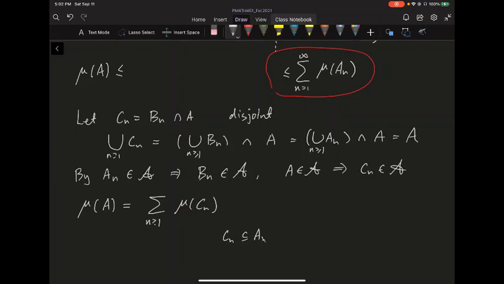And because Cn is a subset, the mu of An you can write as mu of An take away Cn plus mu of Cn. This is by the finite additivity of a pre-measure. So here An take away Cn is in the algebra. It's disjoint from Cn, and their union gives you An back. So from there, we can see that because mu is positive, mu of Cn is less than or equal to mu of An. So this entire thing is less than or equal to the summation of mu of An.